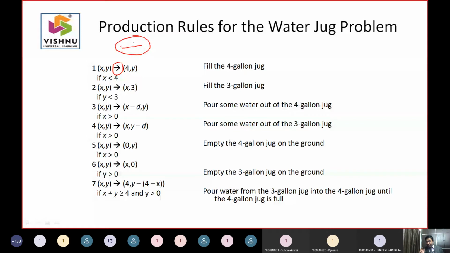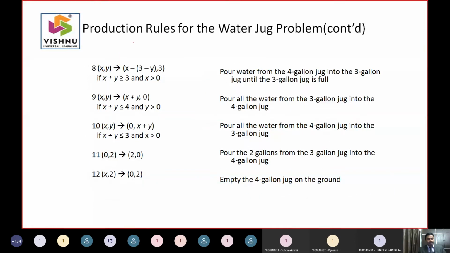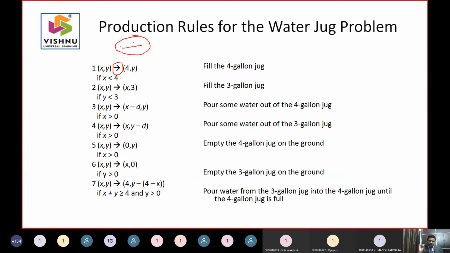I have a state. What type of rule can be applied? That is the first thing. The second thing is, if I apply that rule, can you reach the goal? These two are very important. You have written almost 12 different types of productions now. In these 12 productions, what type of productions can be applied for the starting state? What can be applied for the second state? What can be applied for the third state? You have to find out.